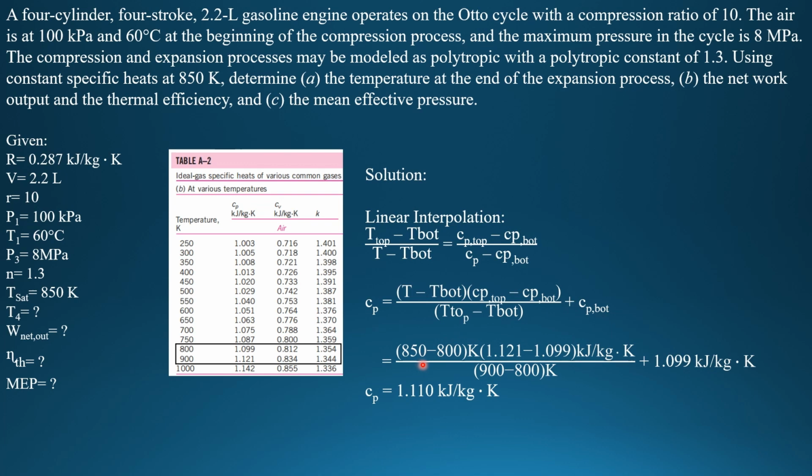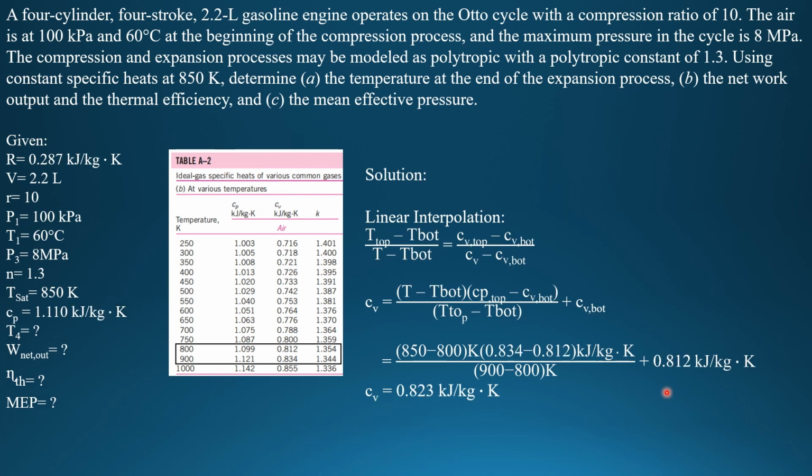Here we'll be plugging in our values. We have the 850 minus 800 Kelvin times 1.121 minus 1.099 kilojoules per kilogram Kelvin over 900 minus 800 Kelvin plus 1.099 kilojoules per kilogram Kelvin. And we have here the constant pressure specific heat of our Tsat that is equal to 1.110 kilojoules per